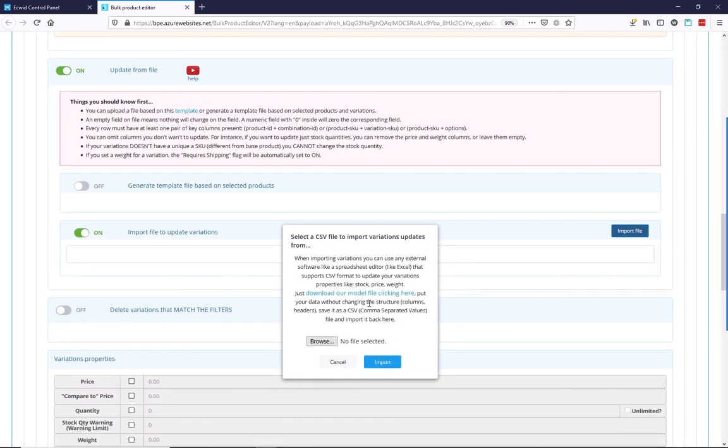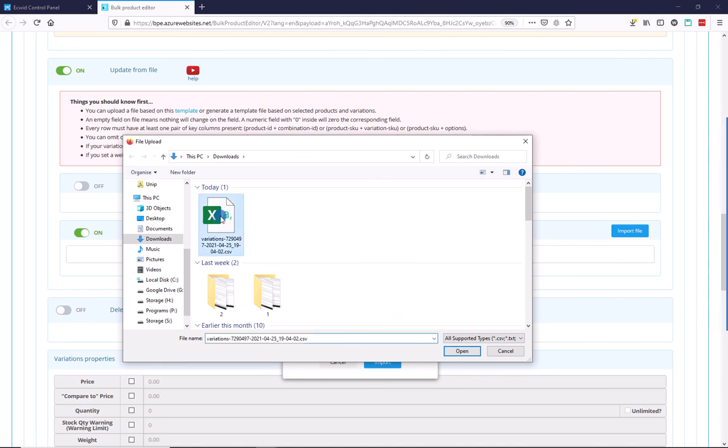You have a model if you want an empty model for generation, or this empty model can serve as a template if you are going to generate this file from another system. Maybe you have an ERP or something like that that will be generating this stock file for updates, so you can check our template here. I'm going to select the file with the changes